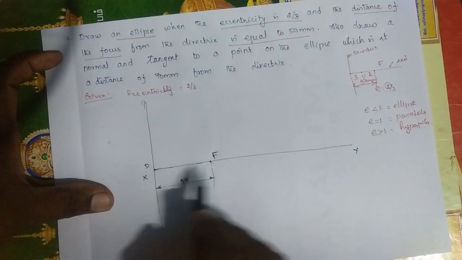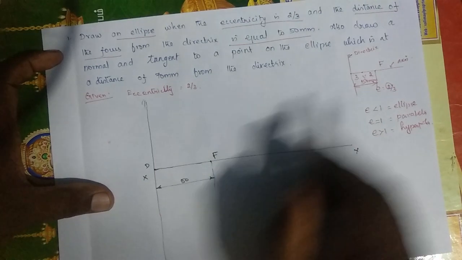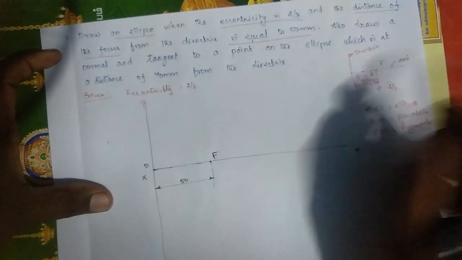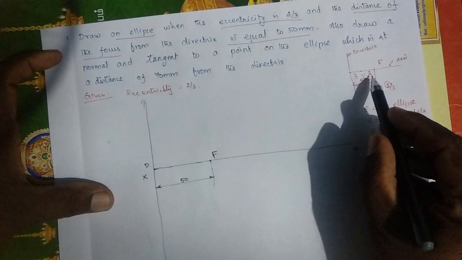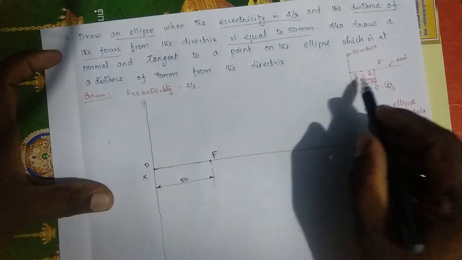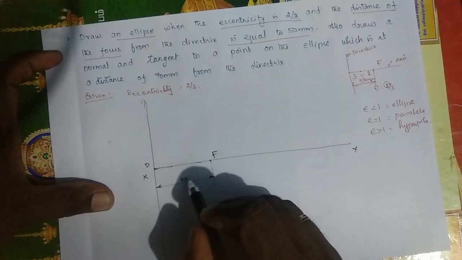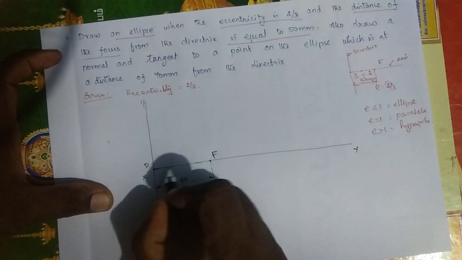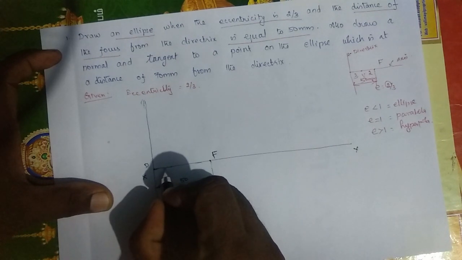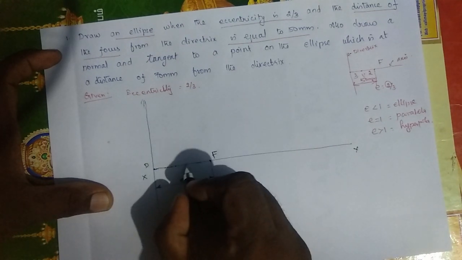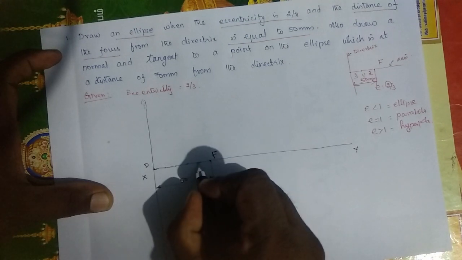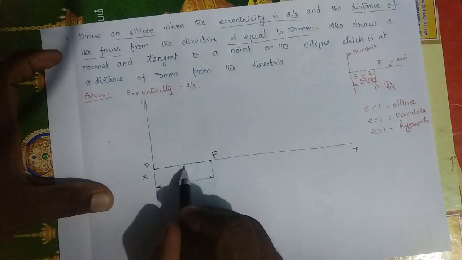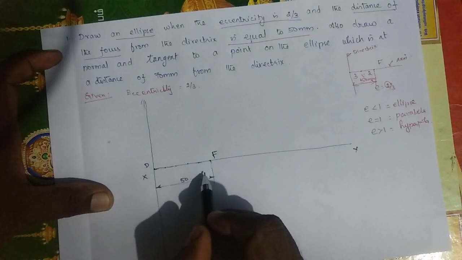Okay, so this total distance, this 50 becomes 3 parts and 2 parts. So we need to make that into 5 parts, so 3 plus 2. So I am taking this into 5 parts. How is it? 10 mm. I am taking 1, 2, 3, 4 and 5. So totally 5 parts I am taking. So this is 10 mm, 10 mm, 10 mm, 10 mm, 10 mm. So completely this one is 50.